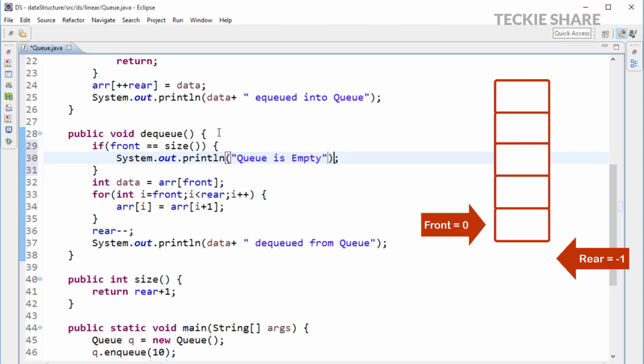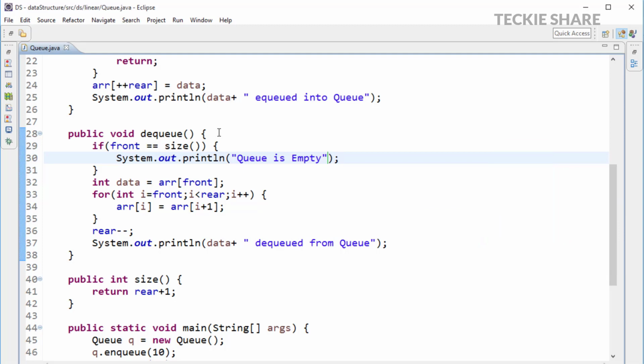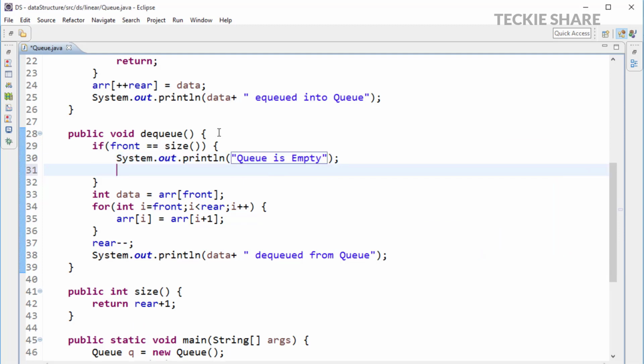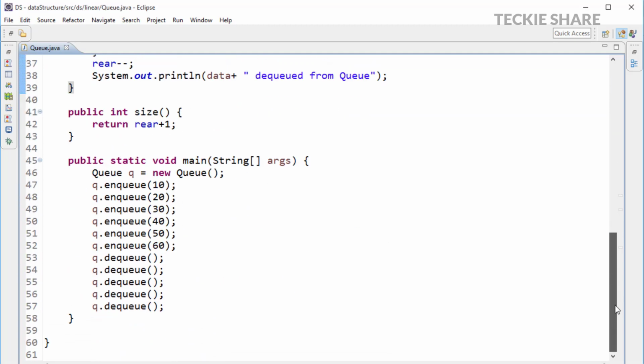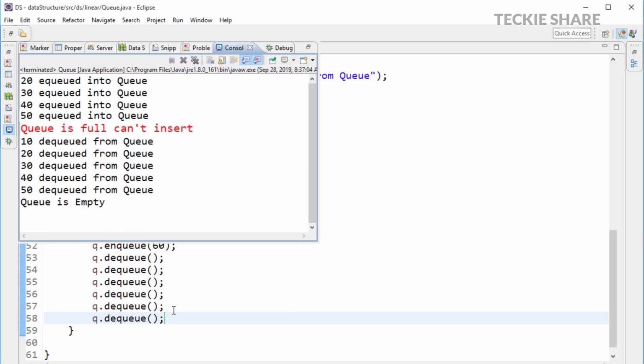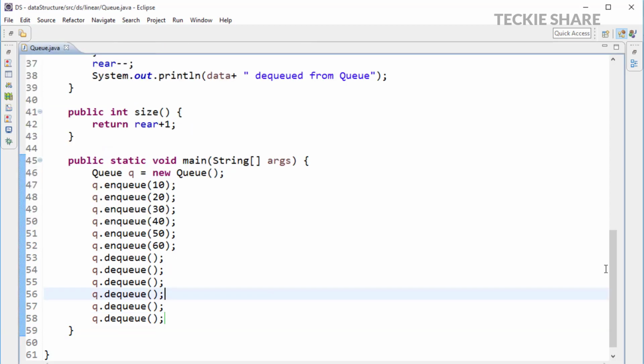So I am simply returning the print statement, queue is empty, there is no data in my queue. Afterwards, I have to stop my execution, so I am simply adding the return statement to break the execution. That's it. Let's check that functionality. After removing the value 50, there is no data in my queue. In this case, if I try to dequeue the value again, instead of throwing an error, it simply says there is no data in my queue, queue is empty. Yeah, exactly, it works fine.